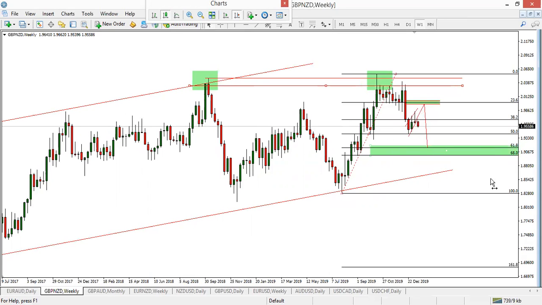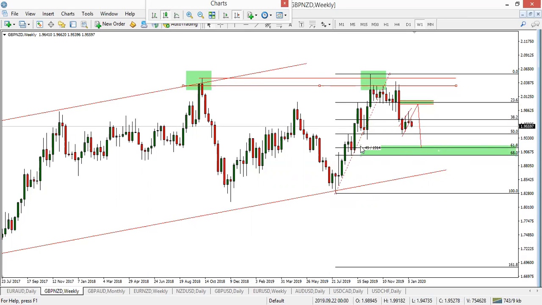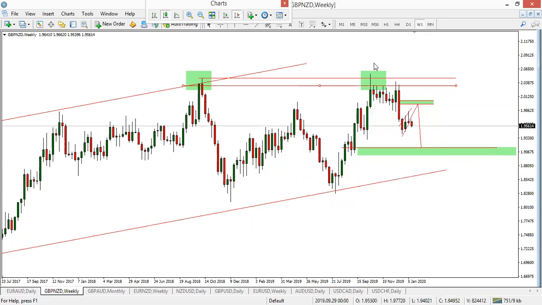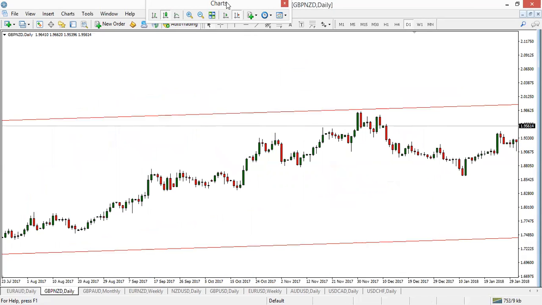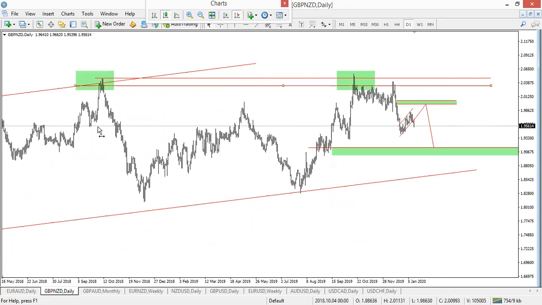So you always start from the bigger picture and look for direction. So you know the direction of this pair right now. We are looking for a downward direction. Basically, that's what we're looking for. And when we break it down to the daily, you see this structure here. I'm a big believer in structure. So far as I see a structure, I could